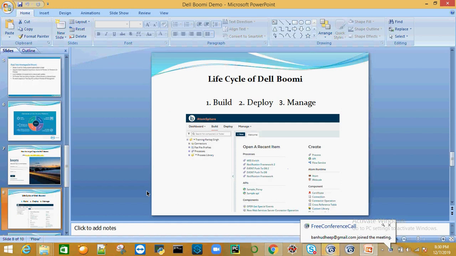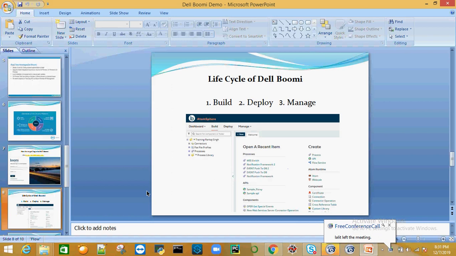So deploy: when you want your project to be consumed for real-time processes, if you want all the resources of your project to be used for the real-time process, we have to deploy our process. Second, after deploying and executing, if you want to manage, in the sense of checking whether my project has not been executed, or has executed successfully, or has failed,